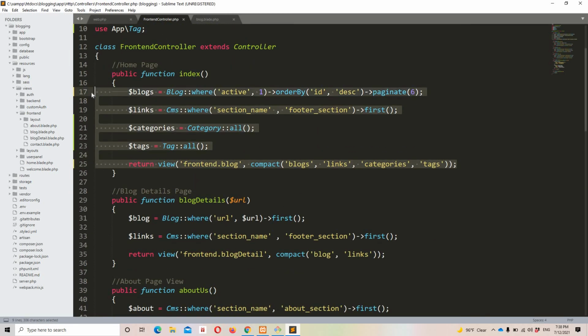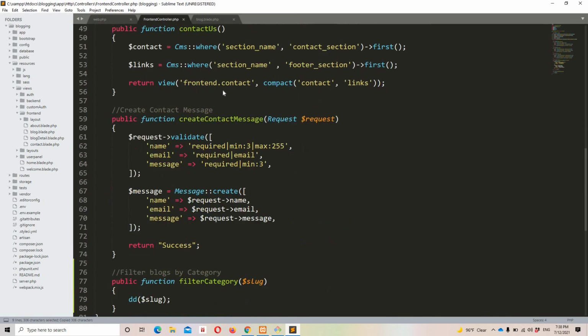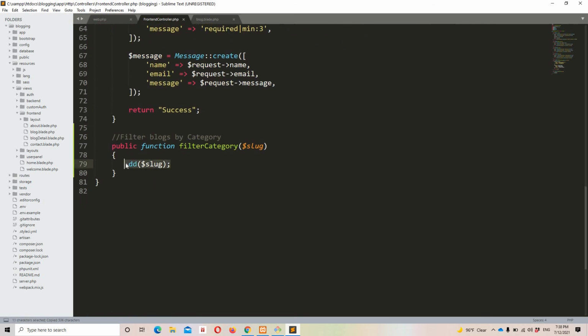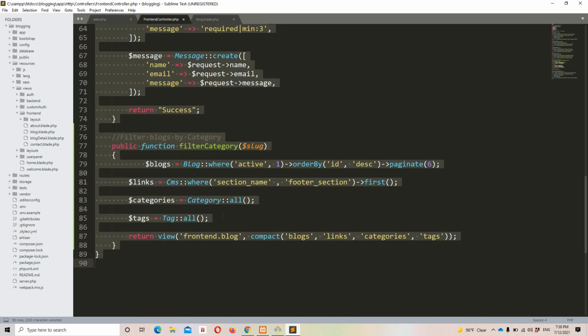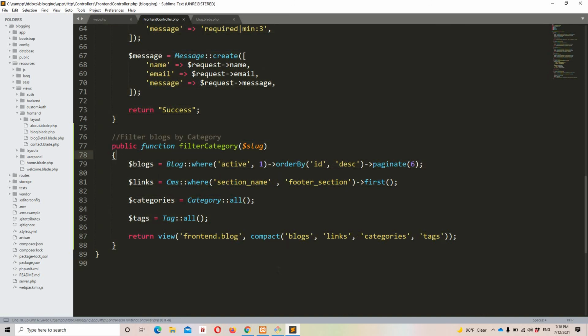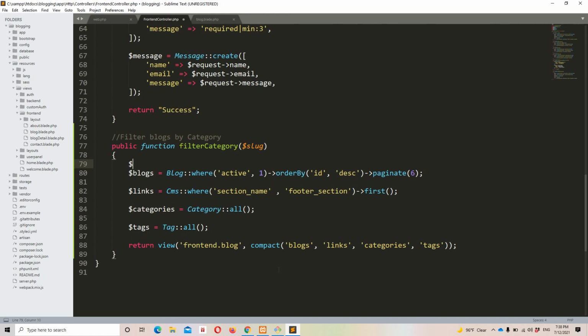So I'm just going to copy everything from the index, and let's paste it right here. Okay, now we can simply make some minor changes and the method would be ready. So first of all, I'm going to find the category. So $findCategory from the categories table,